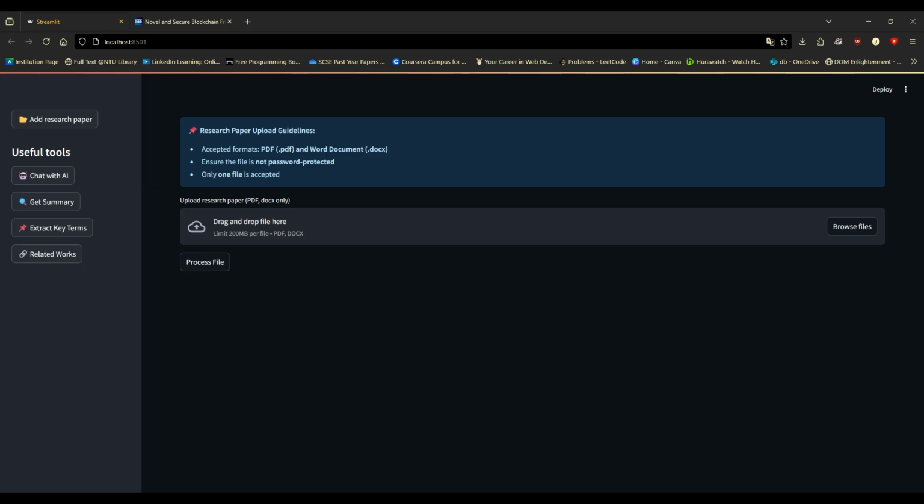Today, I am presenting on the research paper Chatbot Helper. This application leverages advanced AI technologies to help students extract insights, understand, and interact with research papers more efficiently. This application is built using Streamlit for the front-end interface, Azure OpenAI for the LLM capabilities, and Azure AI Search